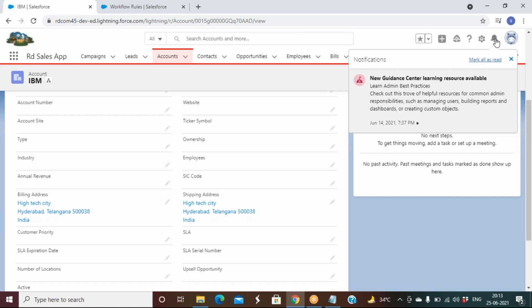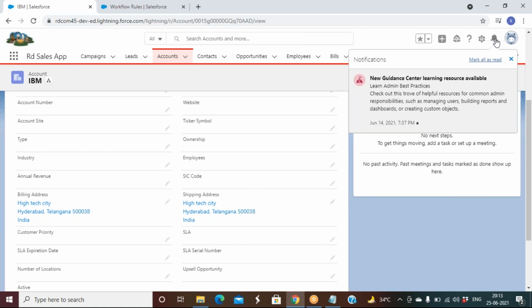Means if you have a scenario where a record is created or edited on a particular object, I'm just giving a general idea. When a record is created or edited on a particular object, let's say you want to send an email, and along with the email you want to post something to the notification bar, post to chatter as well as notification along with the email. Means when a record is created or edited, you're expecting to perform 3 actions at a time.